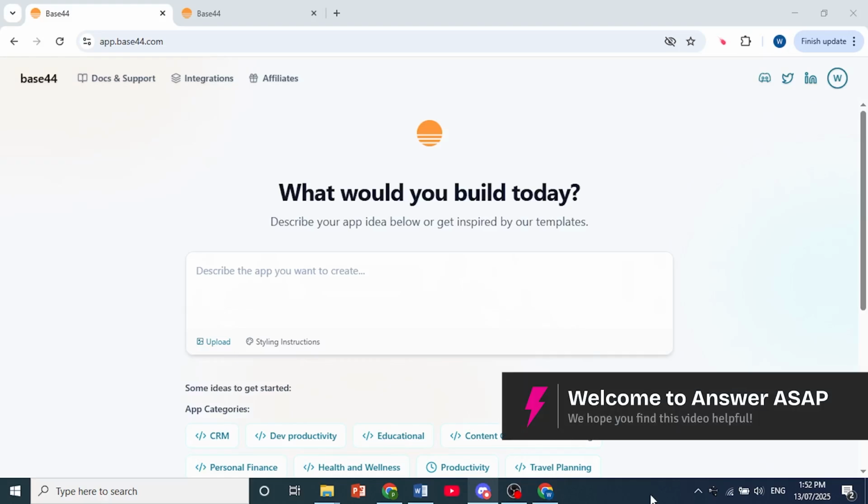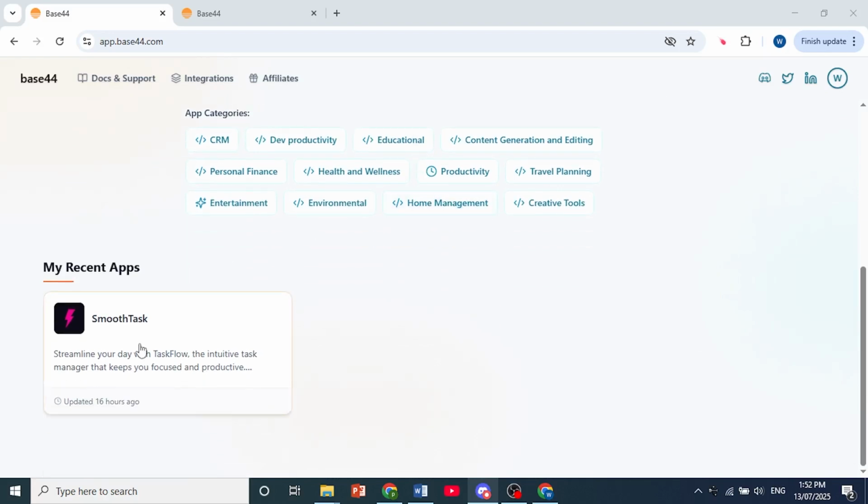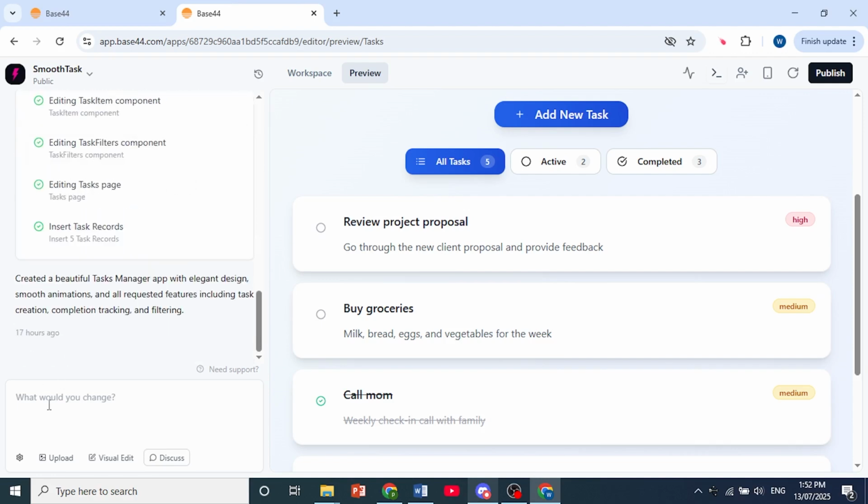Hey guys, in this video I'll show you how to add a button in Base44. First, just launch the Base44 workspace, come here and click on the app or project that you want to add the button to. And once you open the project up here, you'll see a panel on the left hand side